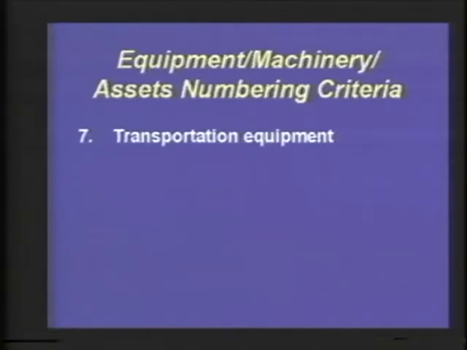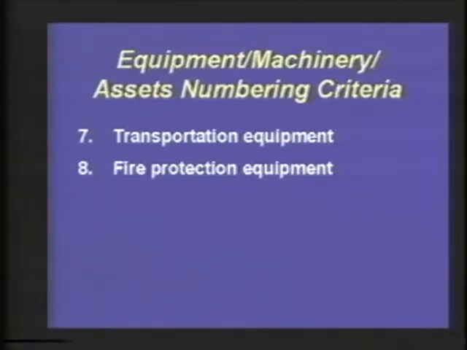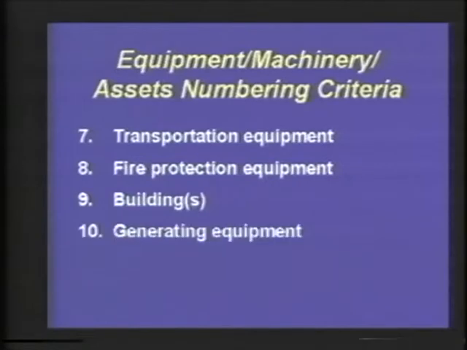We call that over-the-road type of transportation. And then 8, we have fire protection equipment. And 9 would be buildings. 10 is generating equipment. And then 11 would be grounds, and in grounds we're not only talking about the grounds